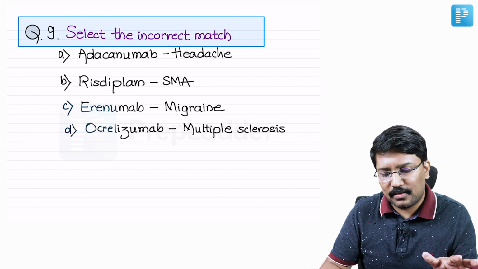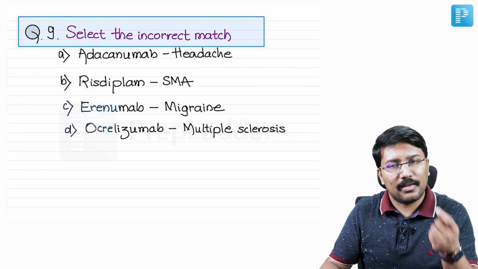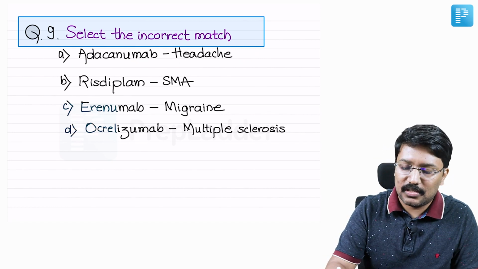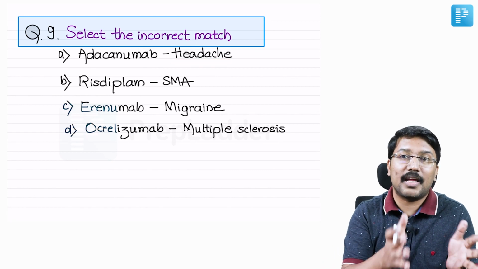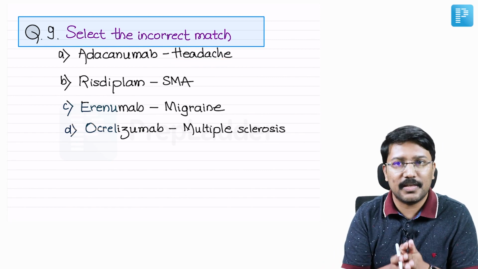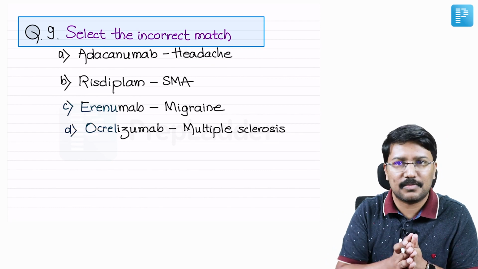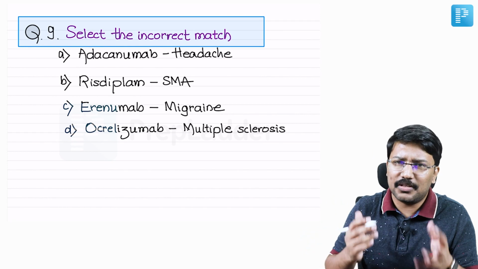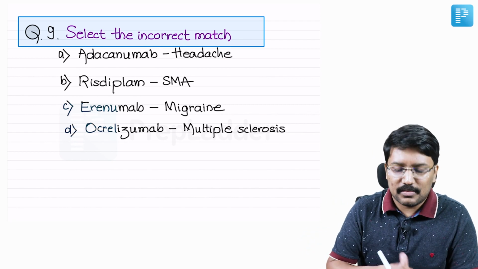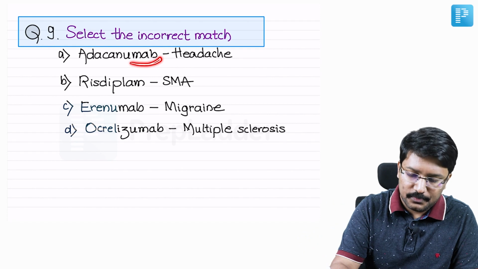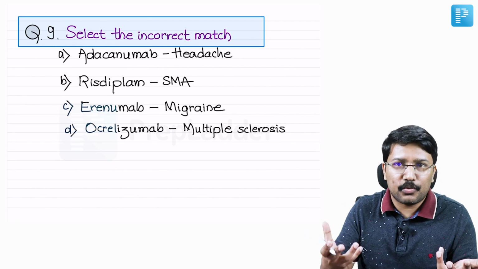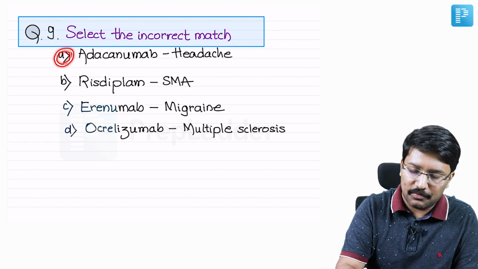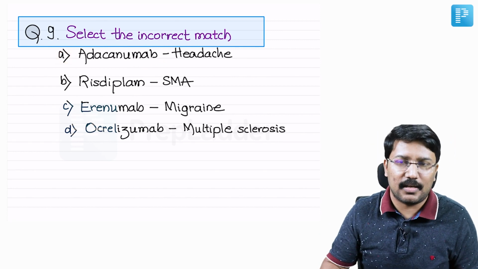And even if you didn't know about this drug, this would have been the right answer in that case, simply because they're just telling you about headache without telling you which type of headache, right? I asked 2 or 3 students whether the option was exactly like this. Mostly they said yes. If they had mentioned cluster headache or migraine or tension type headache, that would make sense, right? You're talking about a monoclonal antibody and you're just approving it for headache, obviously not a scenario, right? So even if you don't know about any of these drugs, I would still have gone with option A as the right answer, right?